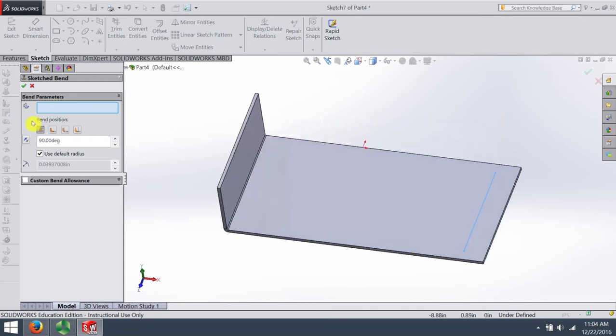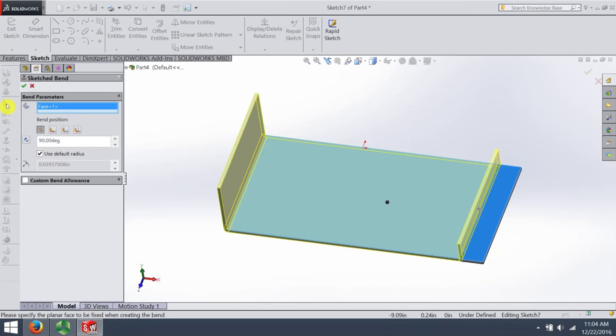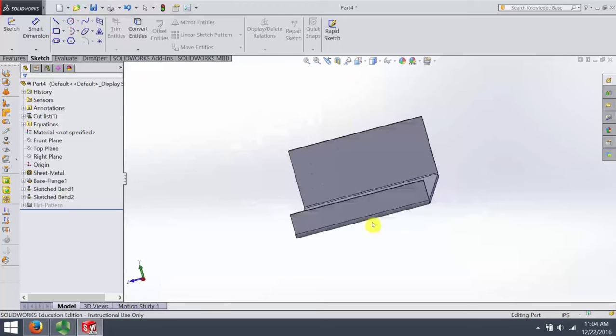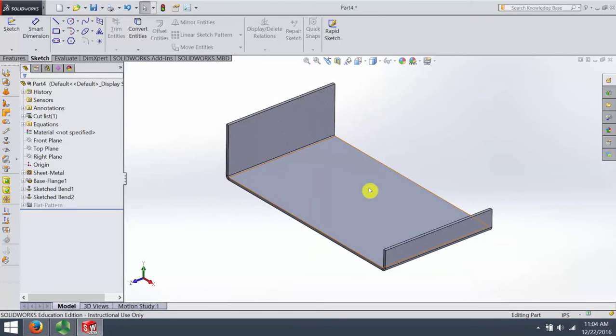Same thing, it wants to know which side is going to be fixed. This side of the line, so it bends that outside up. Okay, so that's one of the reasons I like to show that. That really isn't the technique I use most of the time, but it gives you an idea of thinking about it from the flat, thinking about it from just a sheet of metal in your hand